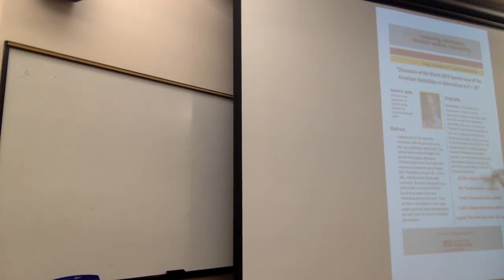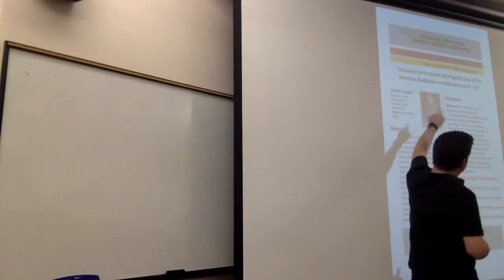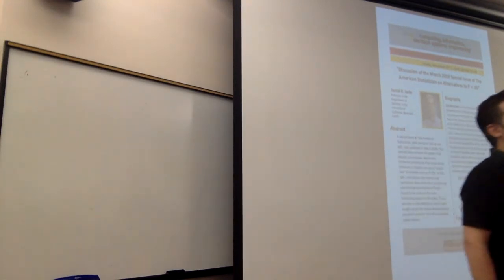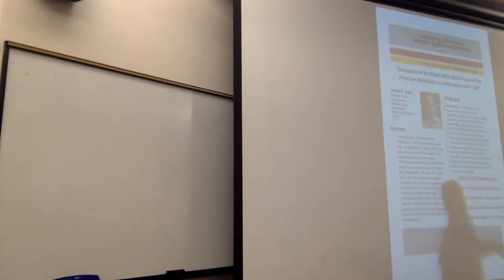This bonus opportunity is available even if you're not available at noon on Friday. The first 2 points of the 5 points possible are to summarize what Dan says is the main problem and explain what you think are some interesting solutions. But the last 3 points are just to find the American Statistician issue that is the subject of this talk. You can find that online, and then pick 3 titles that you think are interesting from the table of contents, which you can access even if you don't have access to the articles. That's available even if you don't attend, but if you do attend, you get these additional points. That's one of the last big extra credit opportunities that we have available.